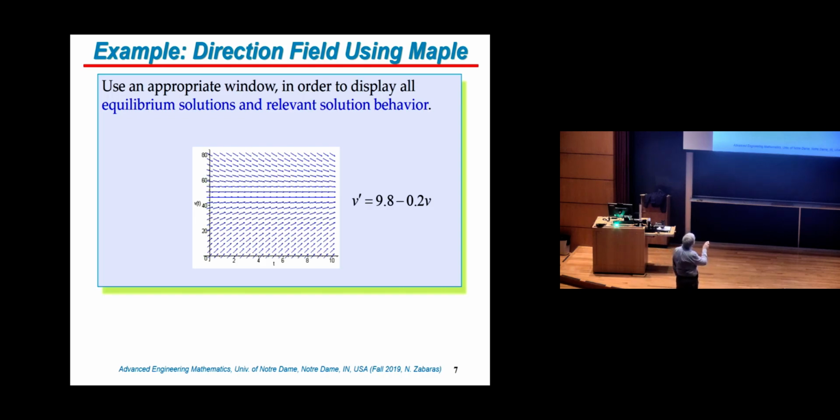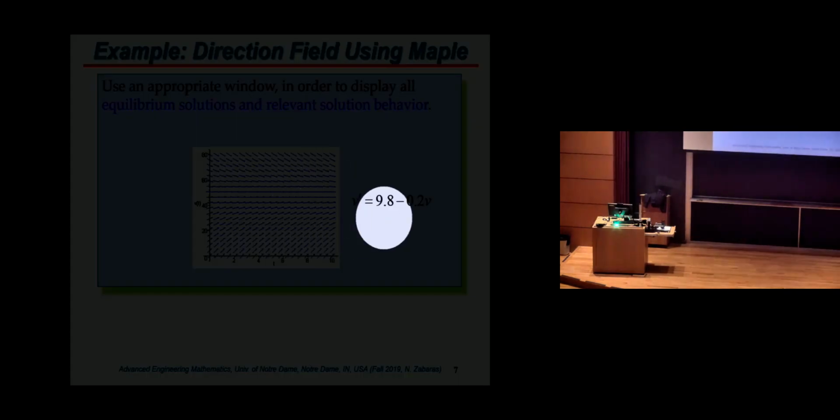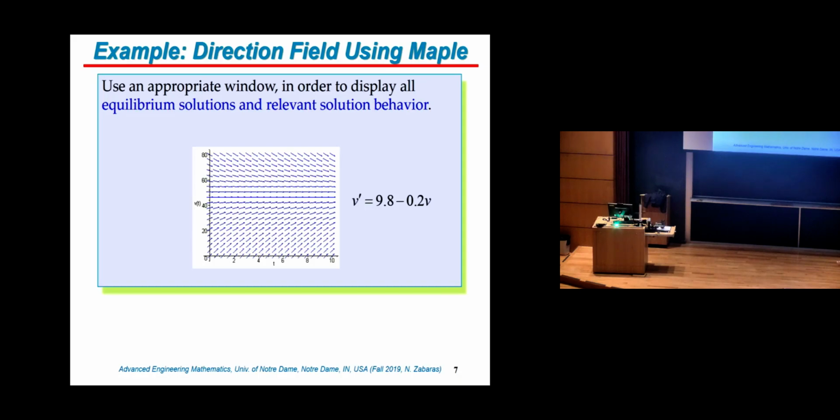Okay? And similarly, if you start from any location at time 0, where are you going to go eventually? You will also go asymptotically to the equilibrium location. Now, obviously, this is a very simple problem, right? And you can look at the equilibrium location is 9.8 divided by 0.2. But generally, and I ask you to do this in the homework, you will see that these direction fields may be much more complicated, and the nature of the solutions you get for different initial conditions may be very complicated.